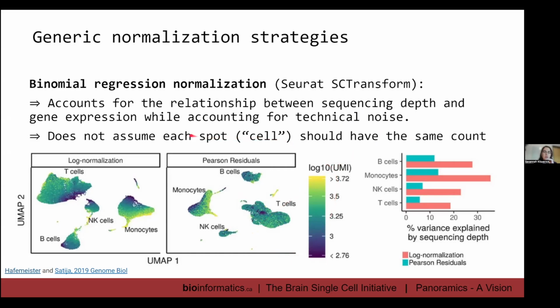And you can kind of appreciate that from this UMAP plot, wherein you get a tighter retention of your cell types. So their biologically relevant heterogeneity is preserved. You're able to better delineate between different cell types. And while this strategy is becoming very popular and is broadly used within single cell RNA sequencing, it also comes